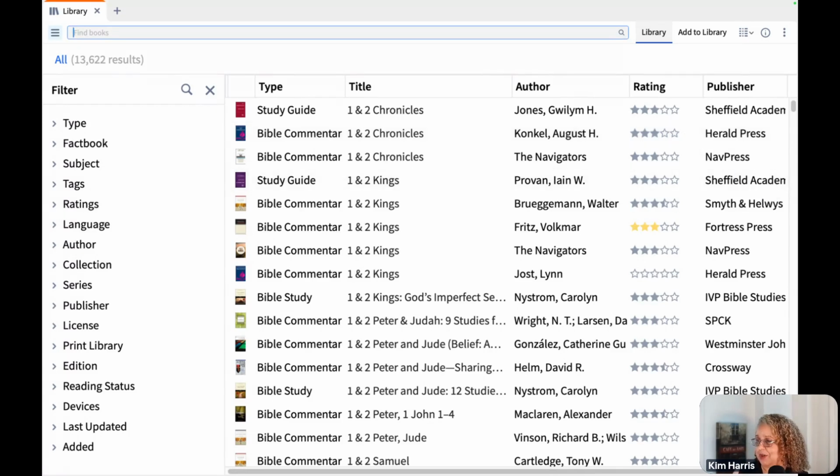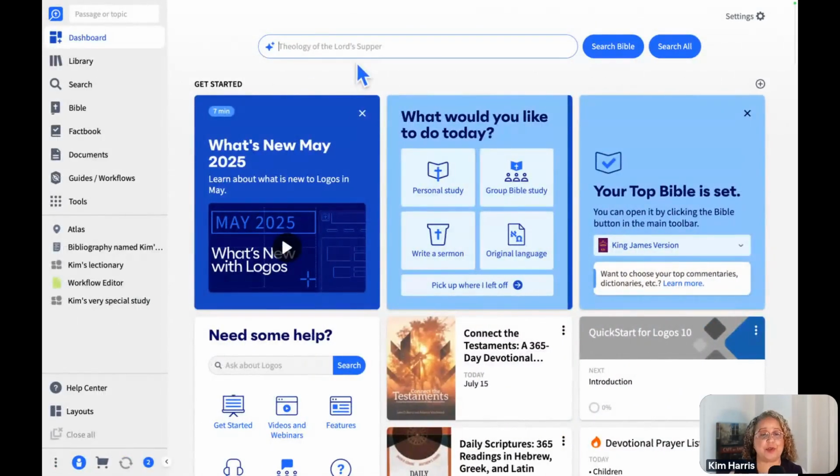Now, before we start searching in our library, let's do a quick side search thing, because when we're in our library, we have to use search syntax, which is the handout I gave you, and I'll show you that shortly. I just wanted to show you, for those of you, let me know in the chat or with an emoji if you have subscription. Like I said, you don't have to have subscription to participate, but for those of you